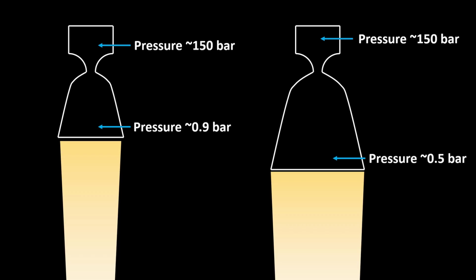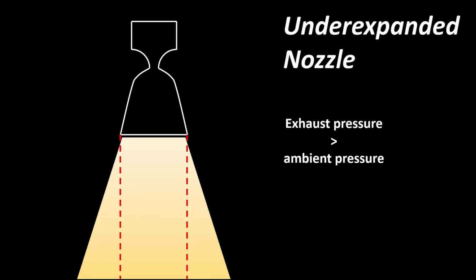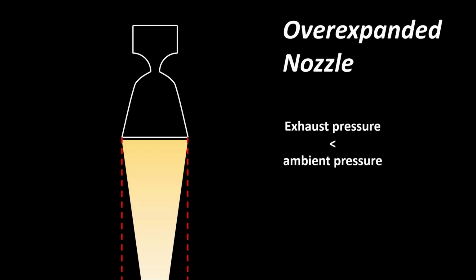The larger the nozzle, the smaller the pressure of the exhaust gets. If the pressure at the nozzle's exit is higher than the ambient pressure, the exhaust spreads outwards, and the nozzle is considered to be underexpanded. Underexpanded nozzles work very inefficiently because the spreading plume loses a lot of potential energy. The larger the nozzle gets, the closer the pressure of the exhaust gets to the ambient pressure, and therefore the engine becomes more efficient. But making a nozzle too large makes it overexpanded,